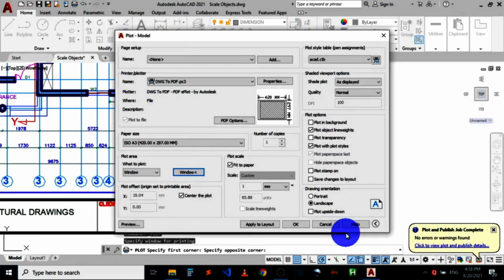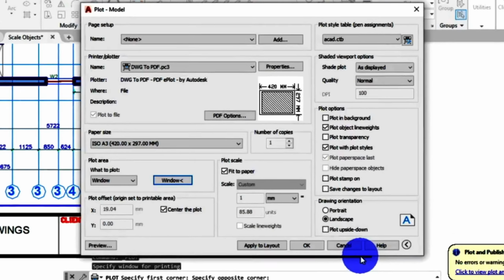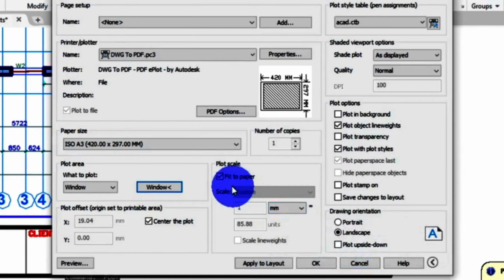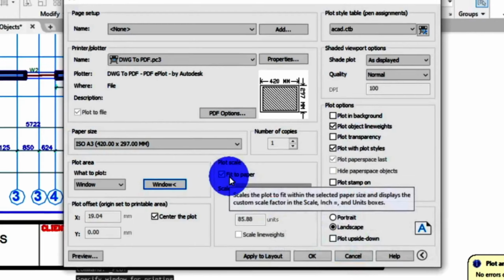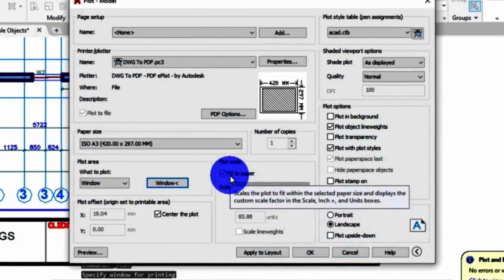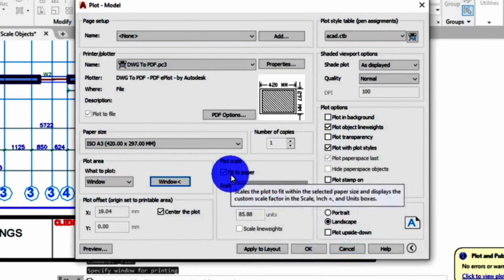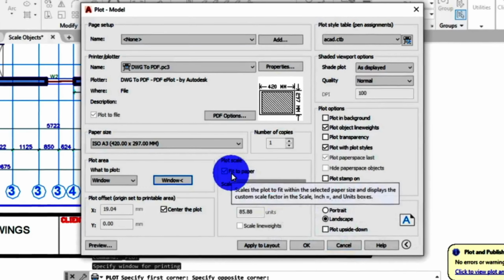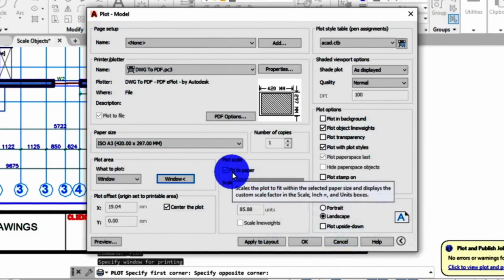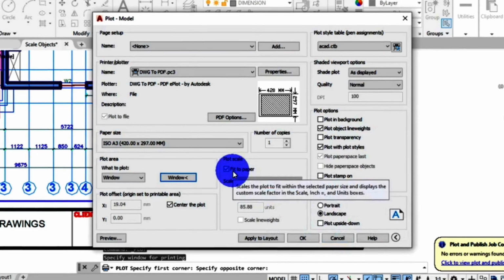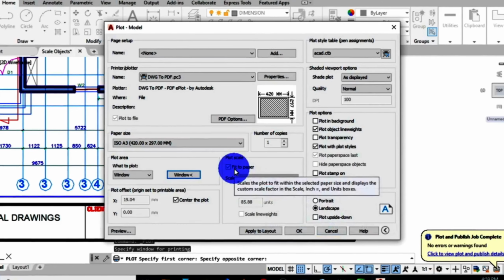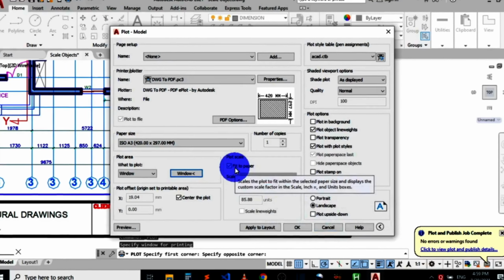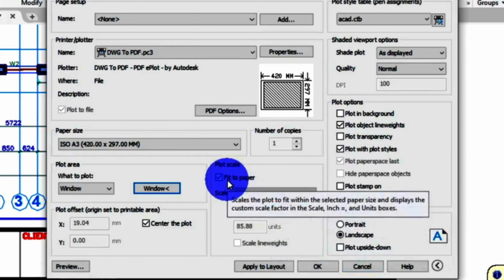Now the next setting is to ensure fit to paper is checked if I want AutoCAD to automatically adjust my drawing to fit whatever paper size I'm going to use, even if the drawing may exceed the paper size. But if that's not what you want, if you want to print these drawings to scale, let's say for instance scale 1 to 100, 1 to 200, 1 to 300, and the rest, I have to uncheck this